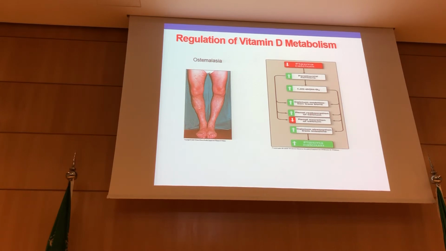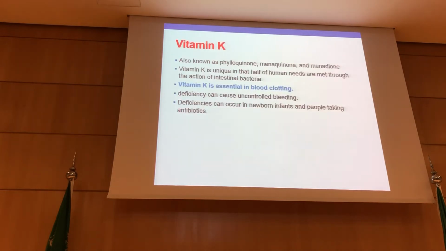So we have increased level of calcium in the blood, in the plasma. Now we move to a third fat-soluble vitamin, which is vitamin K, and K is coming from coagulation in the Latin letter, because it is the factor that is involved in coagulation. I will explain how. It is essential for blood clotting, and it is one of the vitamins that can be synthesized in our body by the normal flora. So the normal bacteria can synthesize vitamin K.